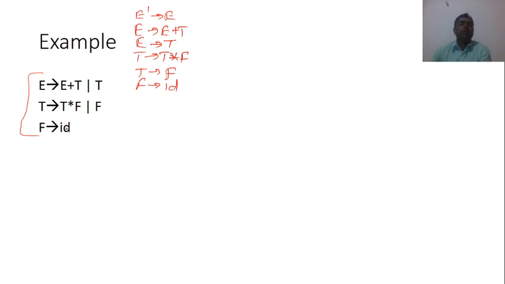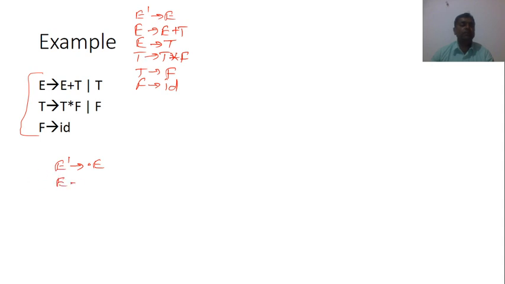Now I am finding the items I0, I1, I2, I3, I4 and like that, the LR0 items. You can understand like this. First find out the closure of E prime derives to dot E. That will be E prime derives to dot E first. After dot I am getting E, just add all the productions of E, that are E derives to E plus T and E derives to T.